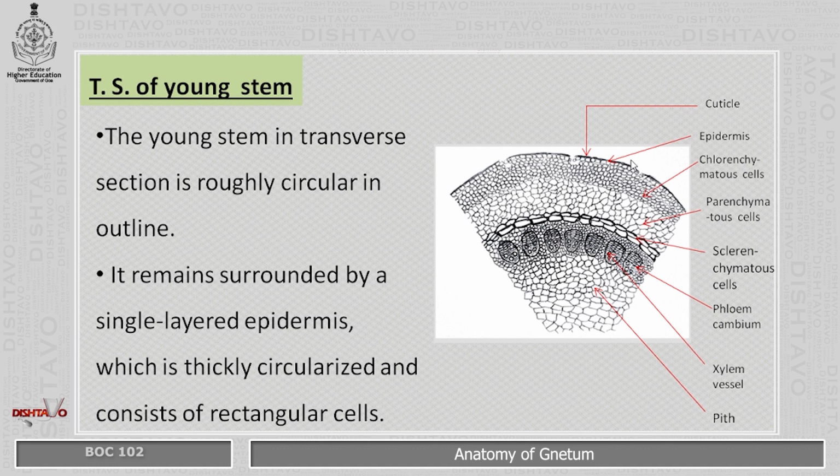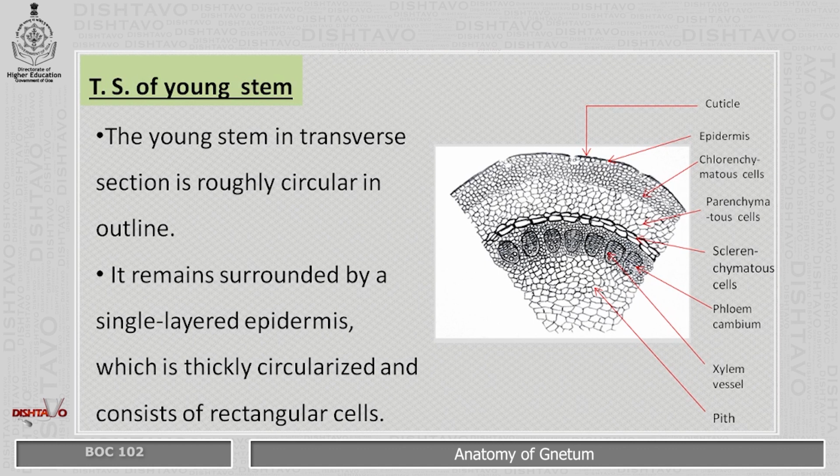Then followed by epidermis is the 3-layered cortex, which is made up of the outermost region of chlorenchymatous cells, middle cortex made up of parenchymatous cells, and inner cortex made up of sclerenchymatous cells. So there are 3 distinct regions of cortex: outermost chlorenchymatous, middle parenchymatous, and the inner one sclerenchymatous. Towards the stelar region, what we can see are rounded structures which are called vascular bundles. These vascular bundles are present in a ring formation next to each other, and each of the vascular bundles is collateral, conjoint and open type.